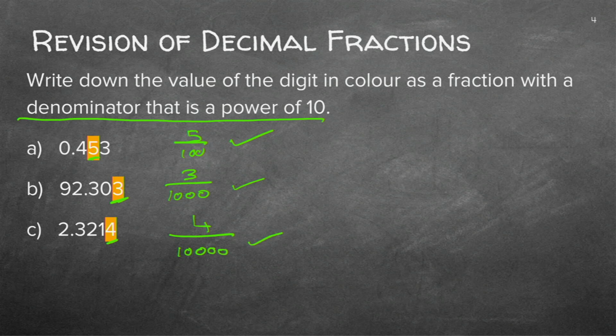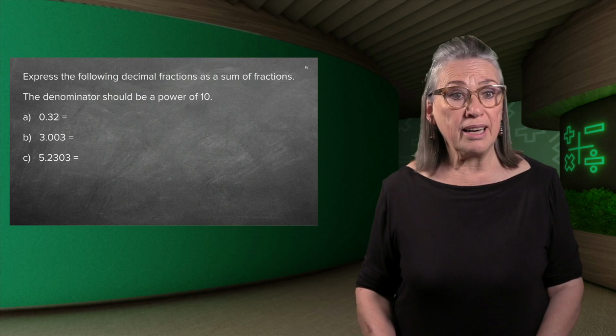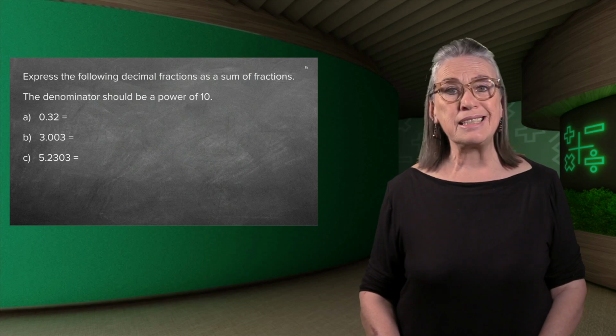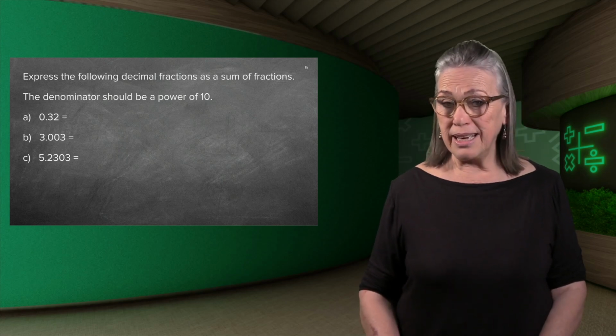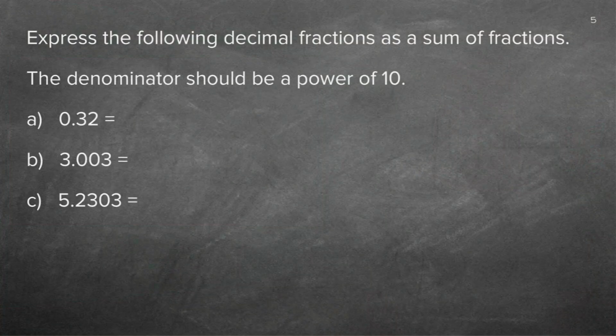10,000. Cool. Right, so now they can also ask us to express the following decimal fraction as a sum of fractions. I don't know if you can still remember this. So pause and do it, and you can even go back to the previous lessons where we've done this to make sure that you understand. So if we have to write 0.32, it will be 3 over 10 plus 2 over 100.